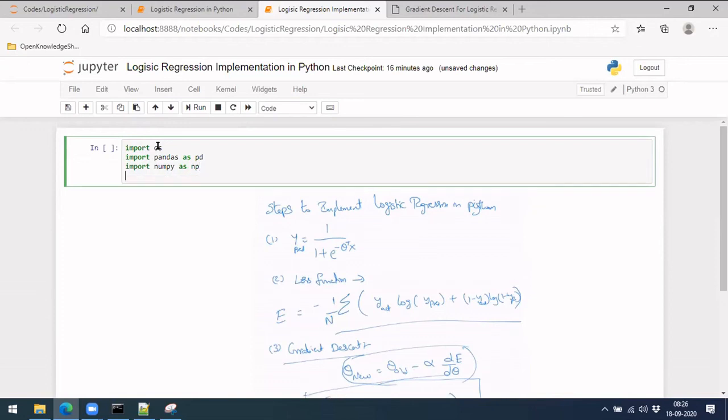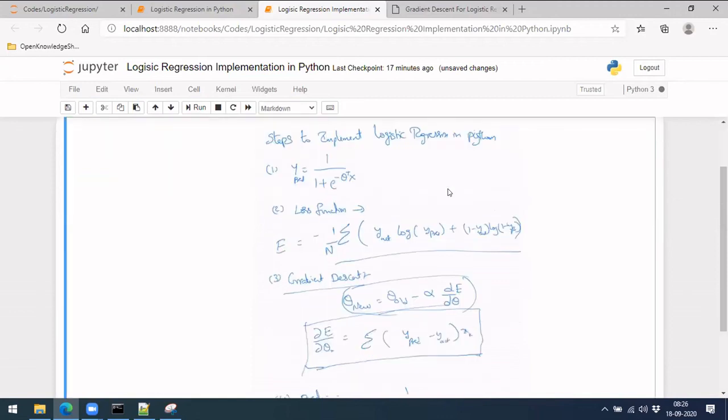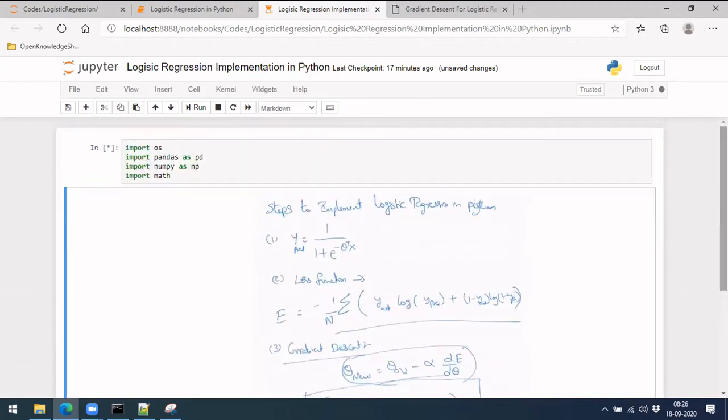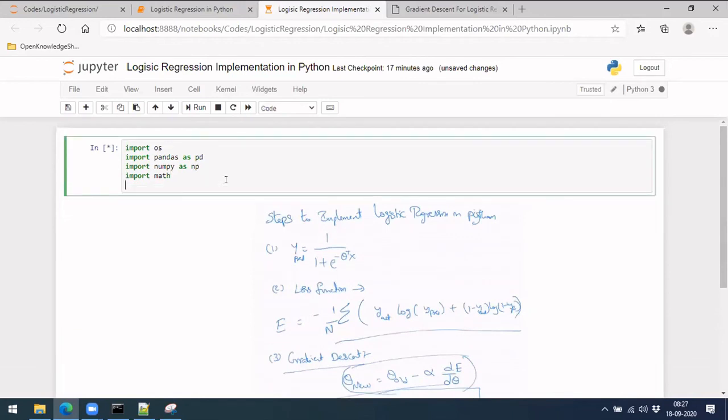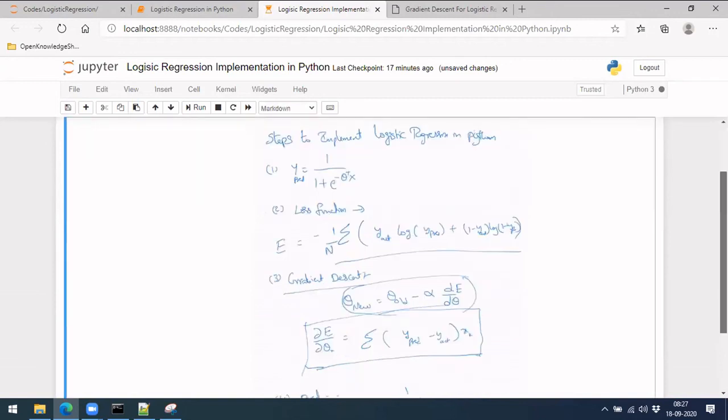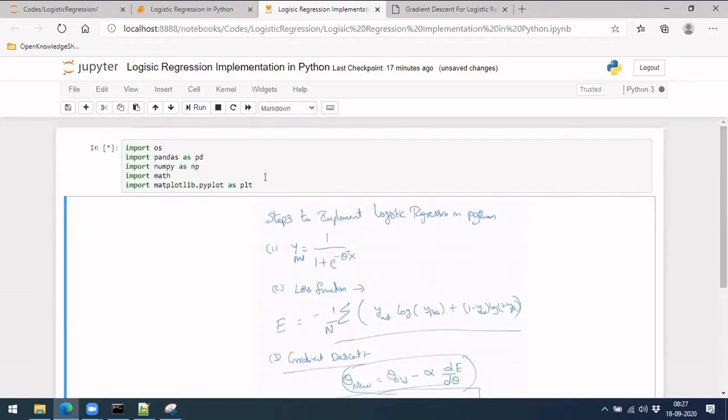Because we have e power, the math function may be needed, so let's take that as well, and even log will get covered in that. We'll be doing some plotting as well, so let's also take matplotlib.pyplot as plt. So this is one more. I have run it again. It's running, so okay, let me save it.